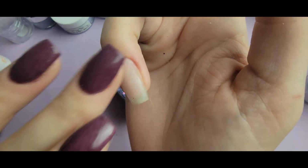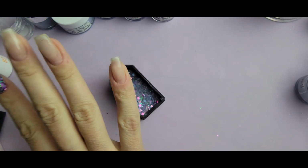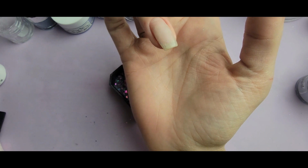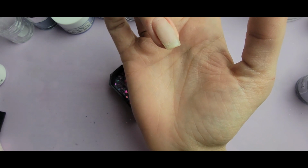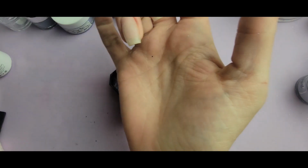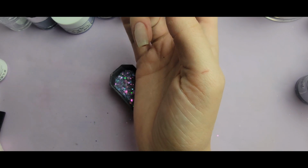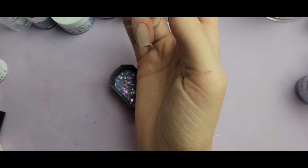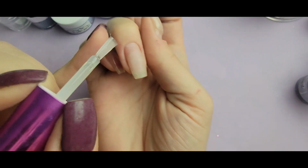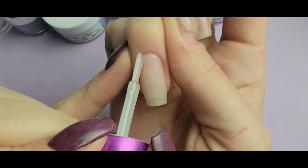Alright, once I know that is sufficiently dry, I want to make sure it's completely dry so that the glitter only sticks where I want it to. I'm going to take my dip liquid brush. I'm brushing off most of the liquid on the inside of the neck, not on the neck, because if you get it on the neck, that can glue the bottle shut. Brushing off a good portion of it inside the neck, and then I'm going to use the side of the brush so that it's thin, and just kind of draw a